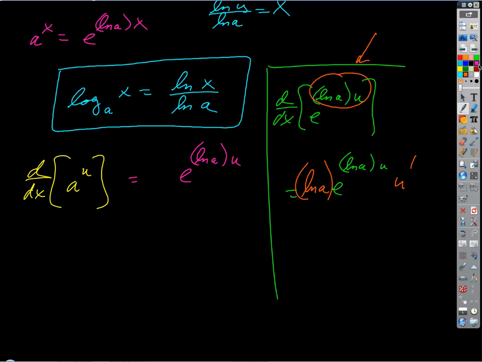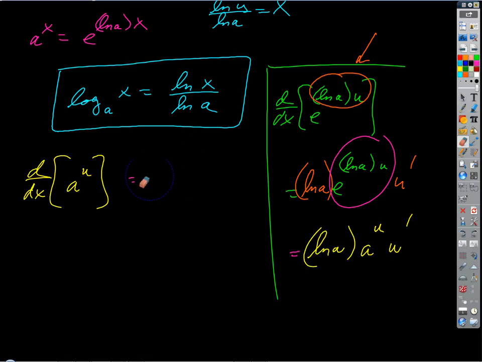Well, I could reverse this substitution. What is that whole thing right there? That's a to the u, right? So then I could write this whole thing as just natural log a times a to the u prime, right? And so that's our standard form. If we want to use that form, we can just write this as natural log a times a to the u prime,